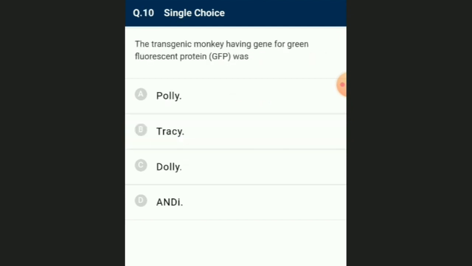Question number 10. The transgenic monkey having the gene for green fluorescent protein, that means GFP, was